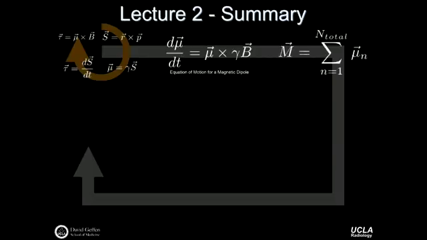Now, we don't really care about individual magnetic dipoles. What we care about is the bulk magnetization. So we added up all of the bulk magnetization vectors, and we came up with a slightly different expression. You know, there's an easy way to do this and a hard way to do this. But the bottom line is you have a set of ordinary differential equations, coupled equations, that describe the behavior of